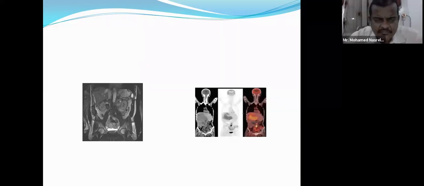These are photos for MRI. MRI will not give anything more than that given by the CT scan, but it may add more information on infiltration of the tumor into the adjacent structures or its relation to the adjacent structures. On the right, this is a PET scan. It is very important for follow-up after giving imatinib as an adjuvant therapy for those patients with GIST tumors.